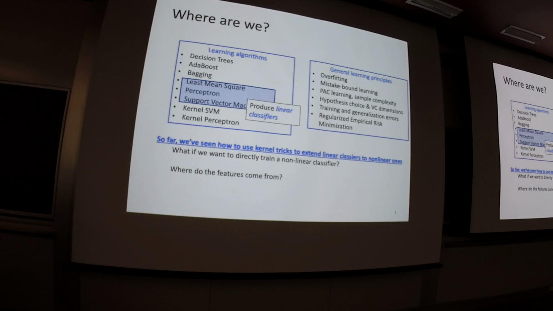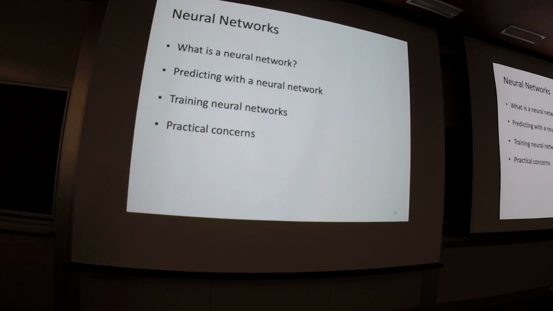So here's the outline of this topic. We'll first introduce what a neural network is, what the definition of a neural network is, what is the expressiveness of a neural network, and then given a neural network, how can we give the prediction? What's the calculation to give the prediction? Then given the data, how can we train a neural network? What is backpropagation? Backpropagation is a word everybody knows, right? But what is backpropagation? Why is it called backpropagation? As we'll see, backpropagation is essentially an application of the chain rule